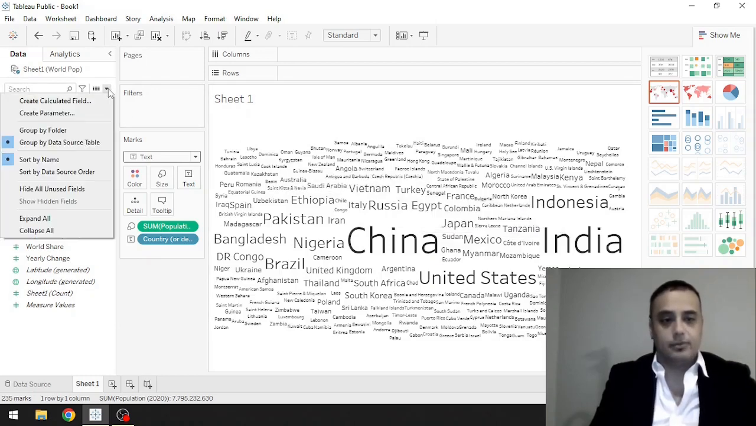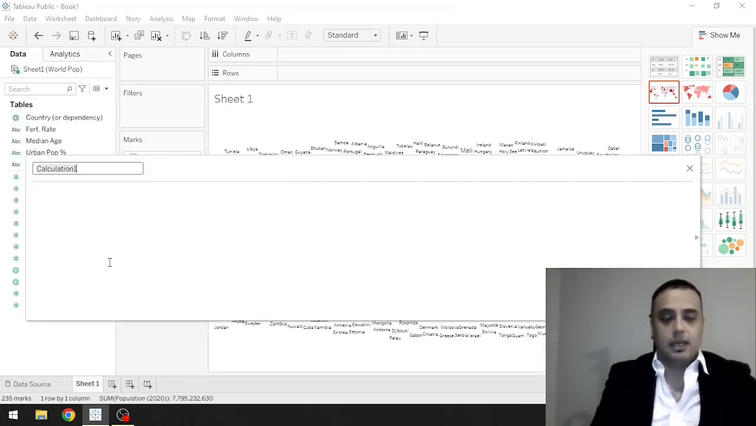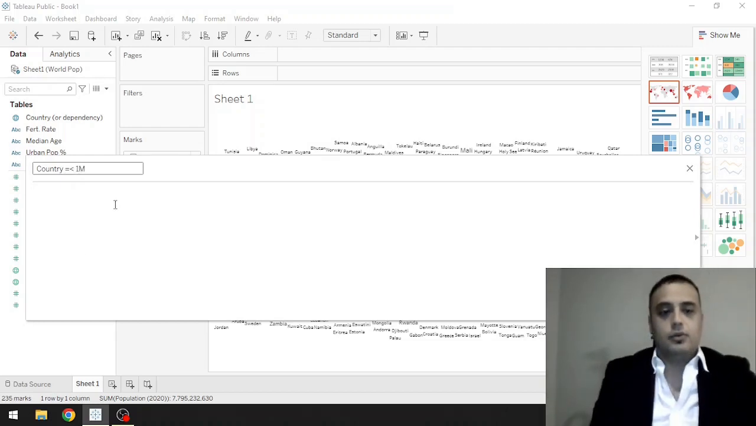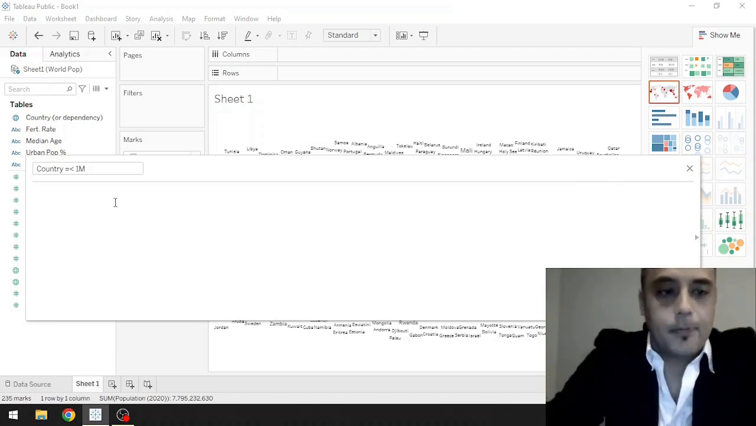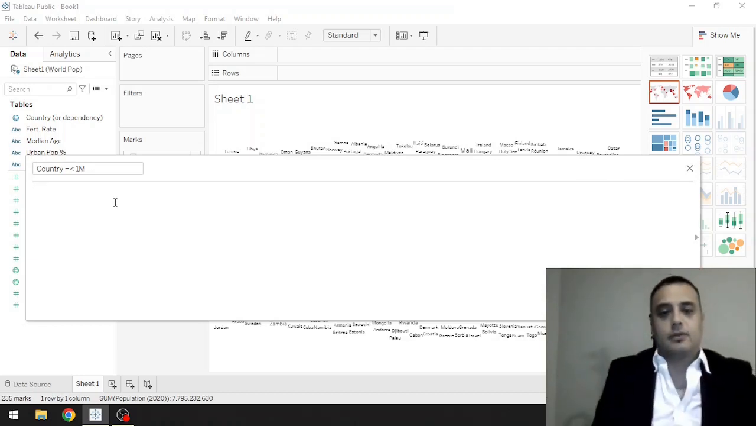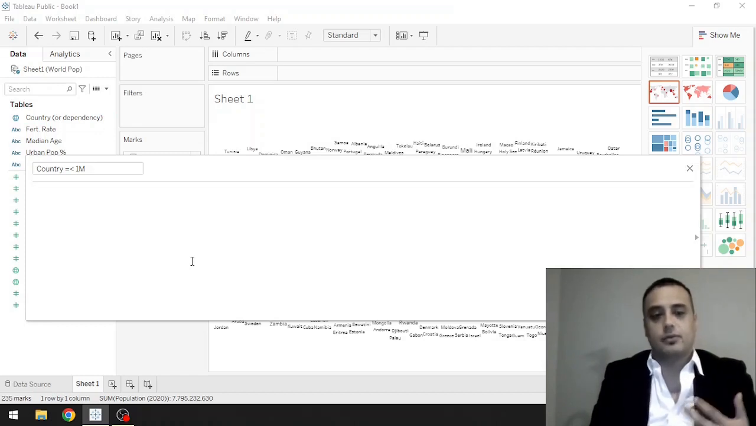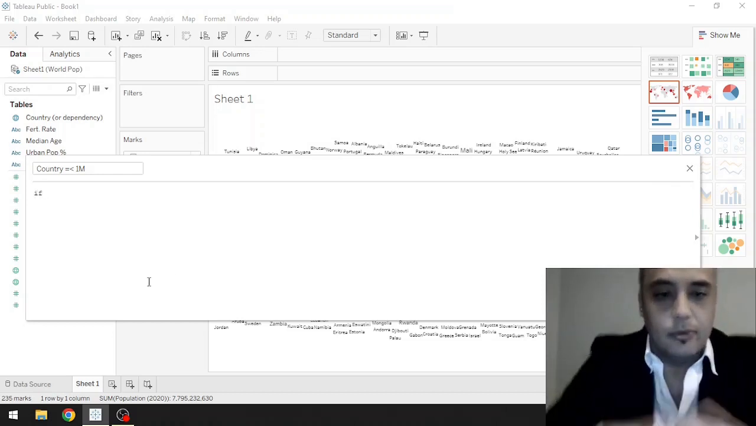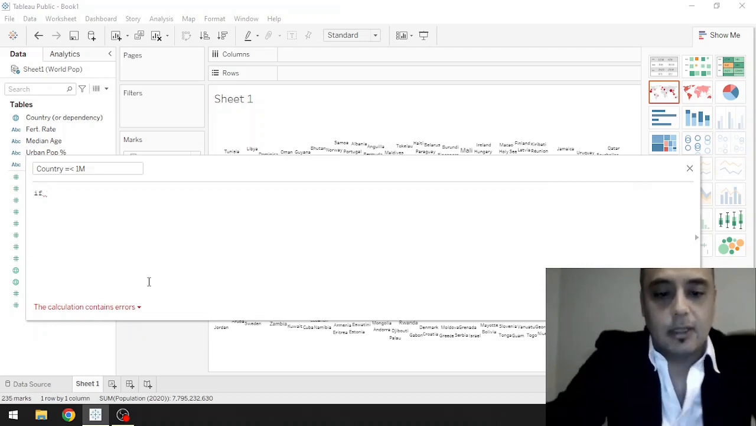So to do that, we simply go to create calculated field, and I'll just call this country equal to or below 1 million. And the way it works in a calculation field, you always have to create some sort of calculation to dictate a function to Tableau, just like you would use an Excel function, or you would use a code in R. So you would use a logic function, and you would tell Tableau that